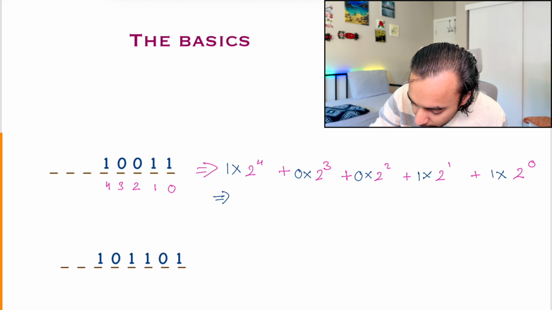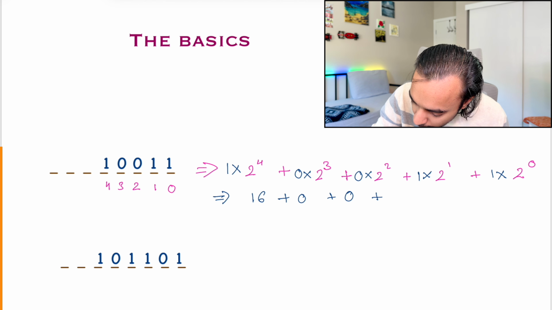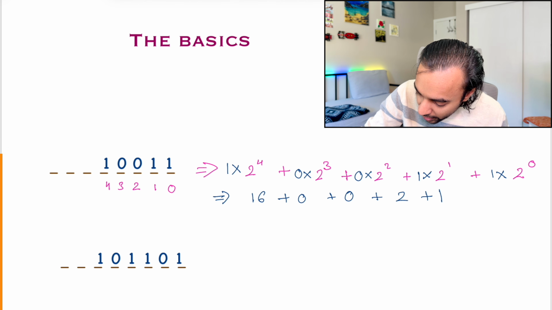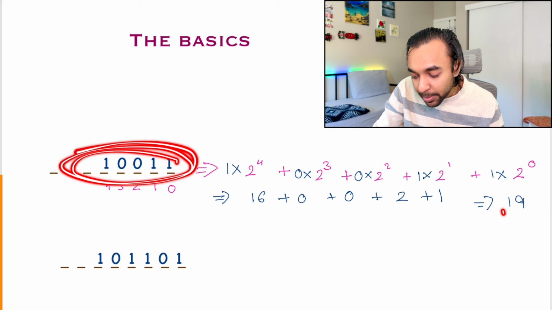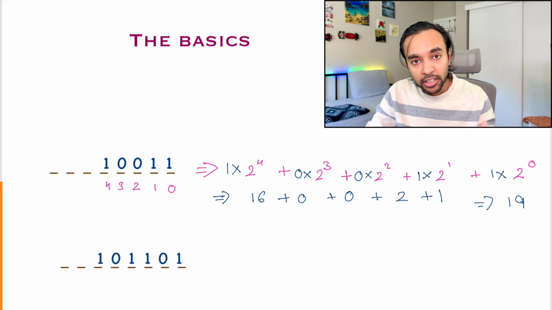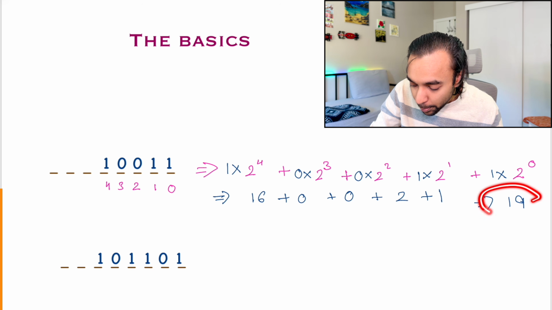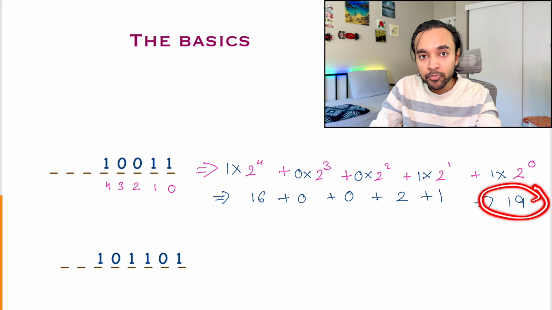When I calculate it, I get 16 plus 0 plus 0 plus 2 plus 1. When I add up all of this, I get 19. It means this particular binary number is representing 19. In other words, I can also say that to represent the number 19 on my memory, what I will do